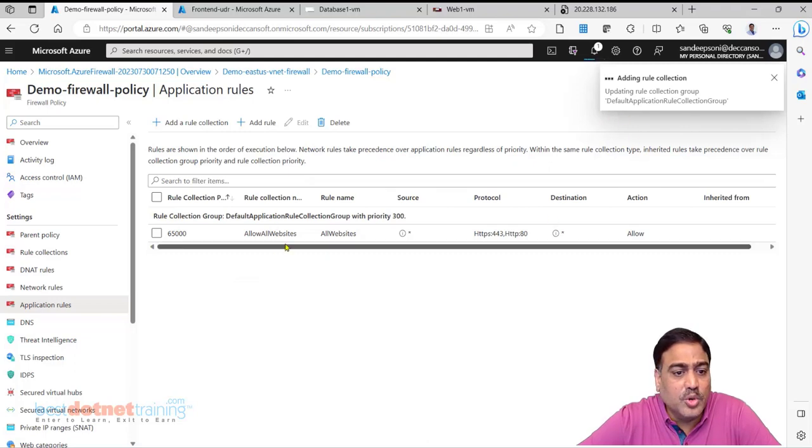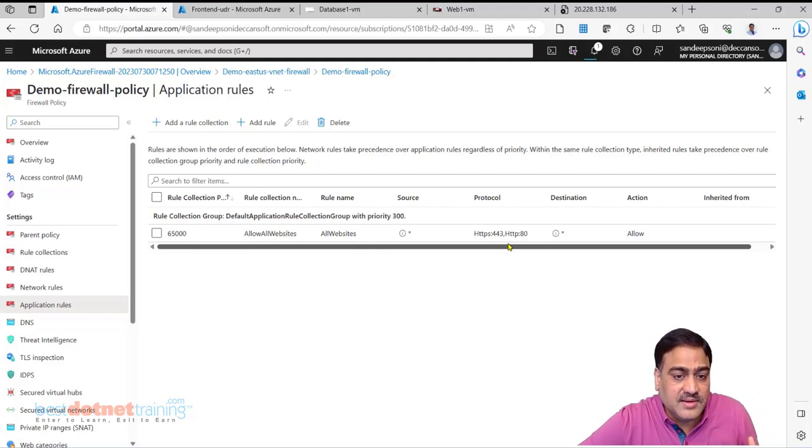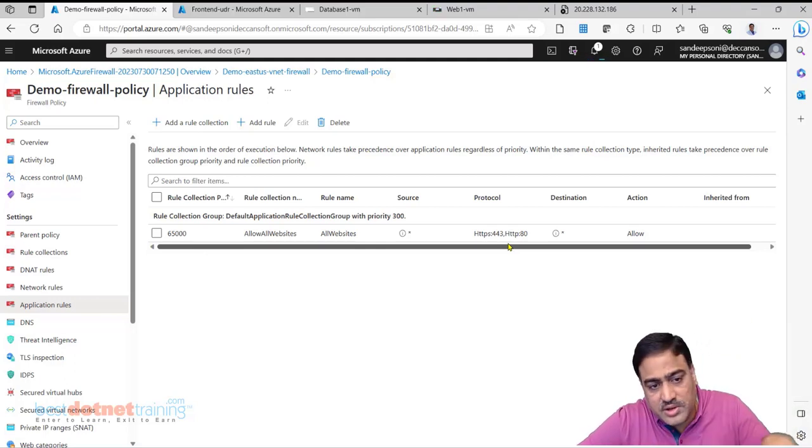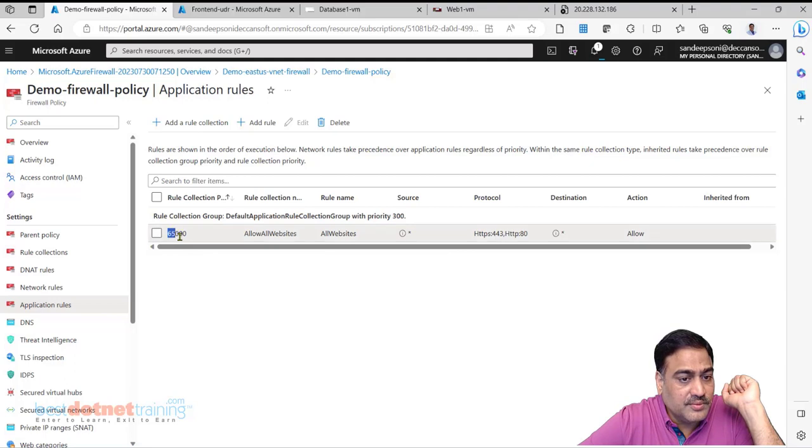And wait for this rule also to get created. So one rule I created where I'm allowing all, and the other rule I'm creating only the selected websites I'm denying. So entire world, all the websites are by default accessible. That's a low priority rule.